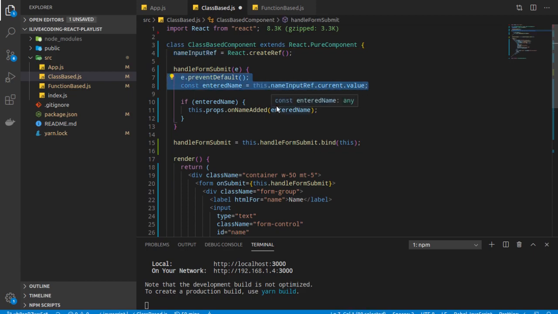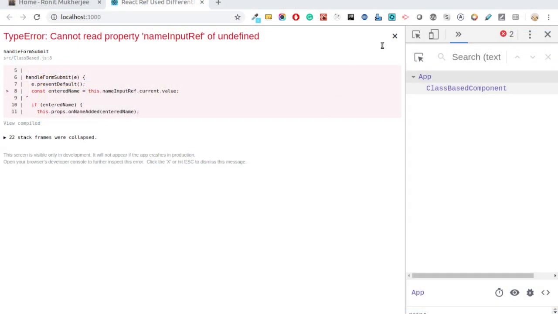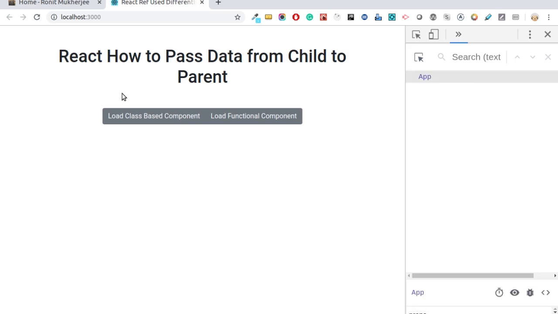Okay, am I clear? Okay, so now let me go back to the browser again and see whether our problem is resolved or not. Okay, so our load class based component, name something here and enter.